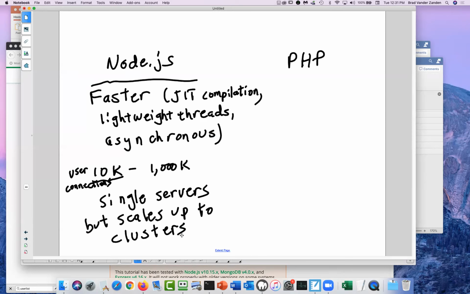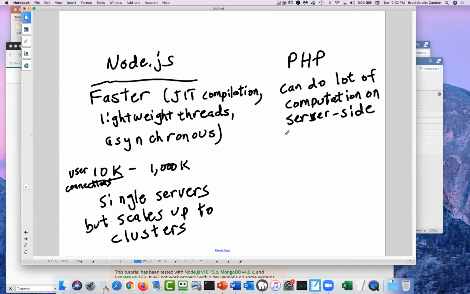So PHP, on the other hand, its advantage is that it can do a lot of computation on the server side without impeding other clients.